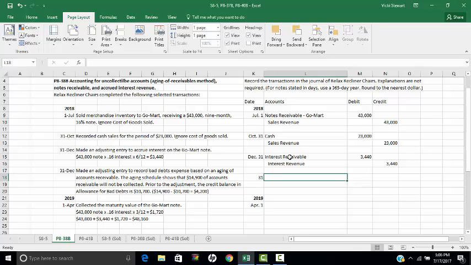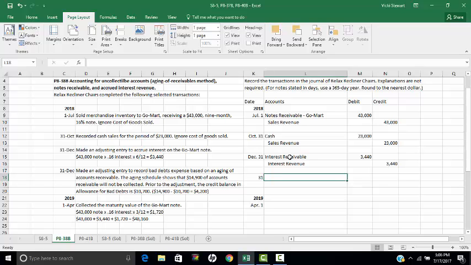So we know when we use the allowance method, we take into account the balance that's already in the allowance account when we make the adjusting entry for bad debts expense. We need a total of $14,900 in the allowance account. We have a $10,700 credit balance, so that means that we need an adjusting entry to increase the allowance account